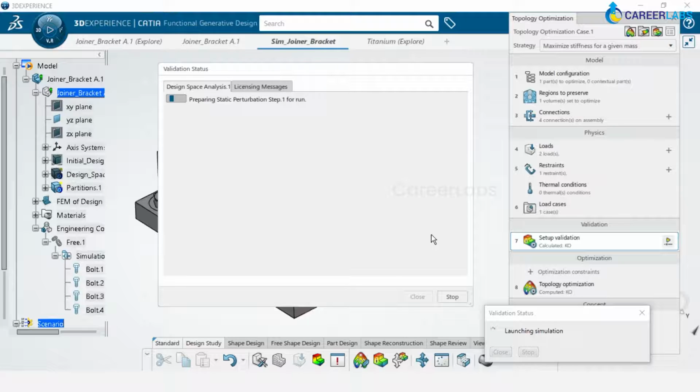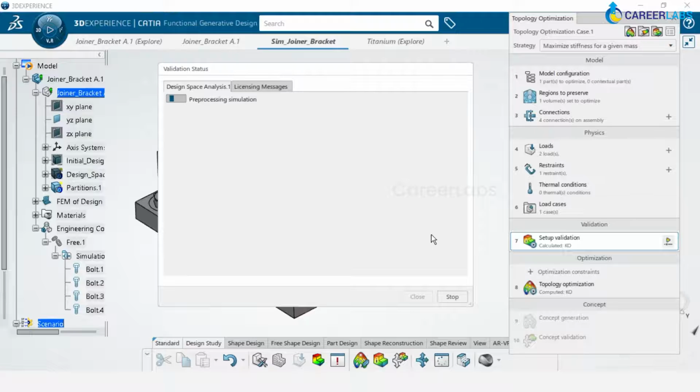If it's a big model, of course we need more number of cores, which I would say for a car crash analysis or an impact analysis, we of course need more number of cores. So these are CPU cores, basically, which does all the processing. Okay. Now this is the status which says that okay, the problem is getting solved. So this is a validation status screen.